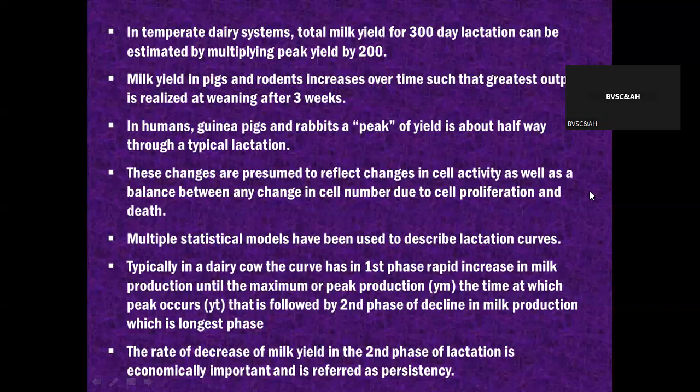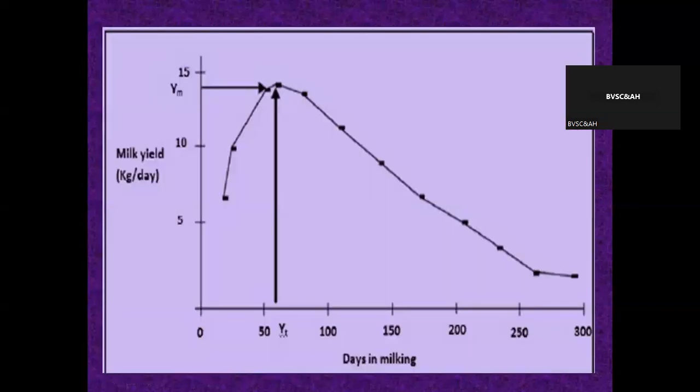But if there is a rapid decrease in the second phase of lactation, that's economically not good. It's poor condition. This is the typical lactation curve in the case of bovine, in the case of cattle. Whenever parturition has started, milk yield is increasing rapidly. It's an exponential